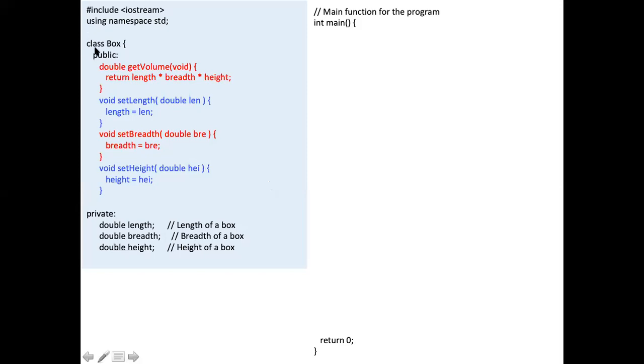अभी मैंने एक class define कर दी, box, right? So what is this class box doing? इस क्लास के अंदर जो है वो एक फंक्शन है which is get volume. This would calculate the volume and give you the value of the volume. फिर एक फंक्शन है जो कि उसकी लेंथ को सेट करता है, फिर एक फंक्शन है जो उस बॉक्स की ब्रेथ को सेट करता है, फिर एक फंक्शन है जो उस बॉक्स की हाइट को सेट करता है। तो ये चार फंक्शन है इसके अंदर,